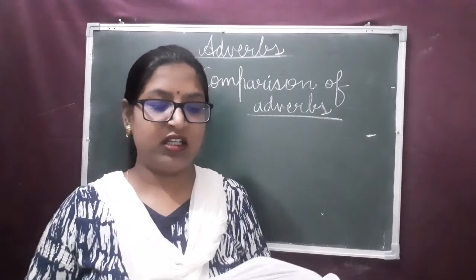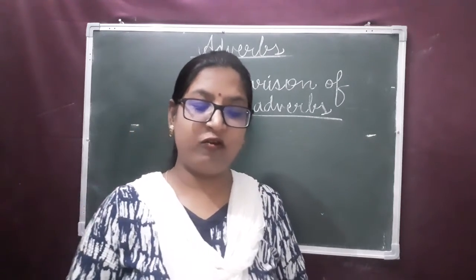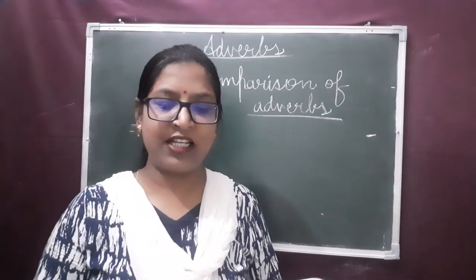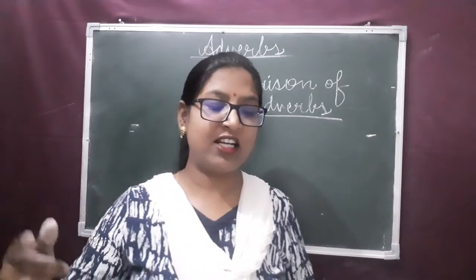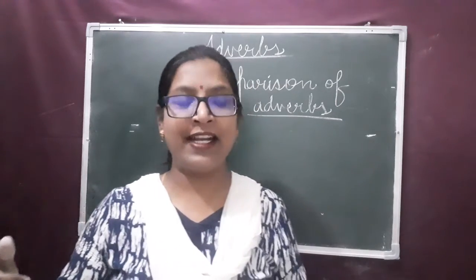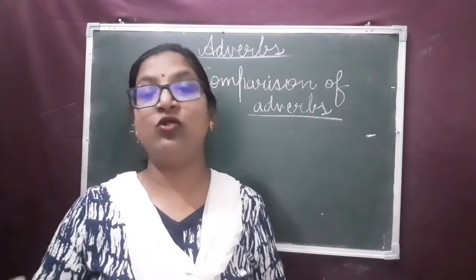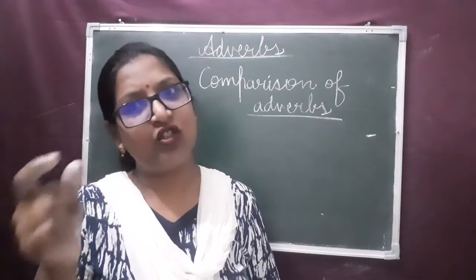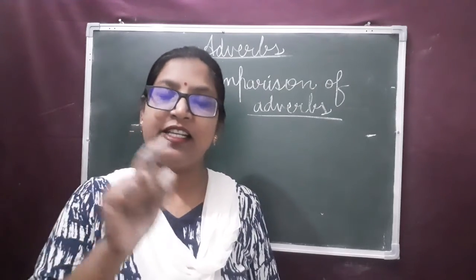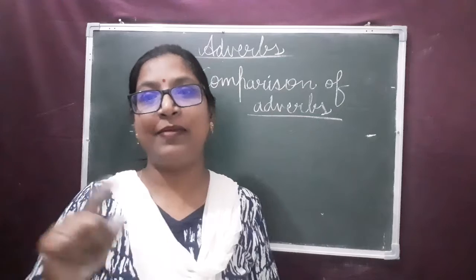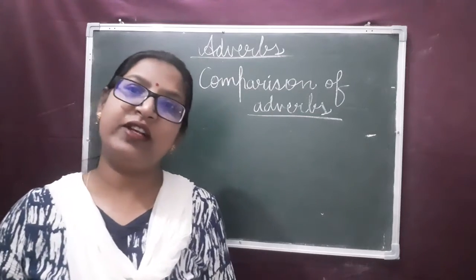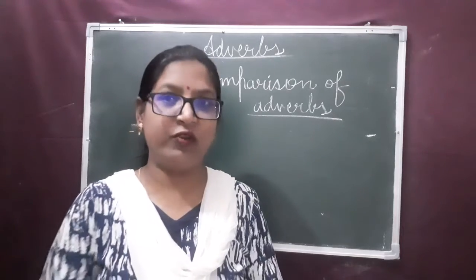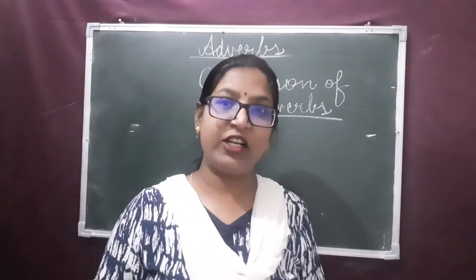So, shorter adverbs with one syllable or sometimes with two syllables make the comparative and superlative degrees by adding er or est to the positive form. Usually the words which have one or two syllables, we add er or est in their comparative and superlative degrees. With long words, big words, we do not follow this rule. We'll study what is the rule for those kinds of words.